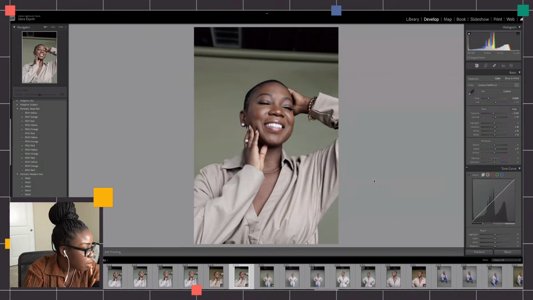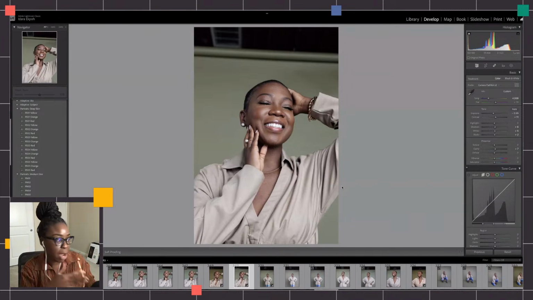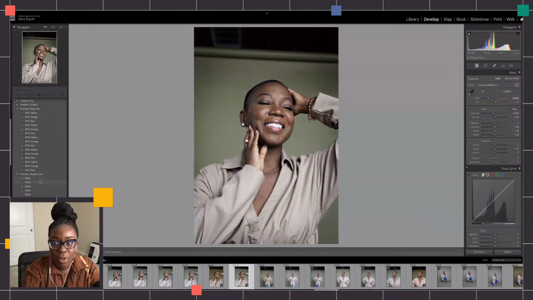Let me see. Learning about profiles changed my editing. Oh, perfect. Do you recommend using a profile first or color correcting presets first? I personally recommend doing the color profile first. That's just what I do in my workflow. I just find it easier to correct the image to what I saw in my camera, what I saw in real life. So I probably would add the profile and then do my color correcting like I'm doing now. And then if I had a preset that I wanted to add on top of it, I believe though,